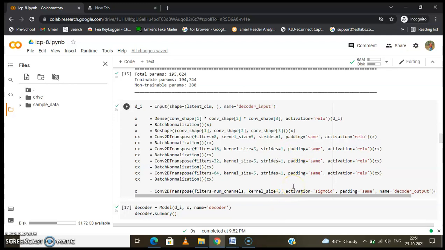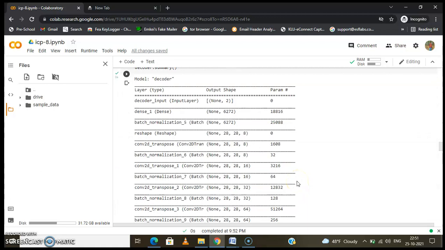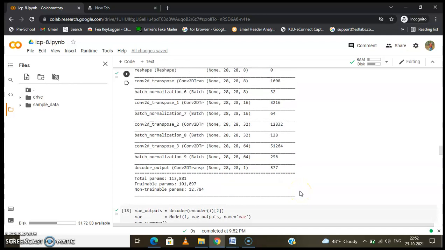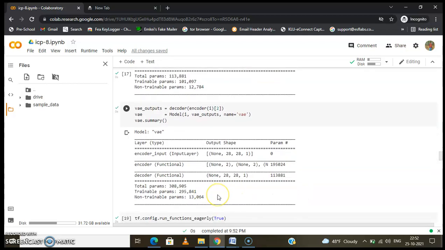After adding this, this is our model for the decoder, and the output is 28 by 28 by 1. So this is what we wanted, the shape to come back to 28 by 28 by 1, as you can see here. Then we have combined both decoder and encoder, and these are the outputs which we have.